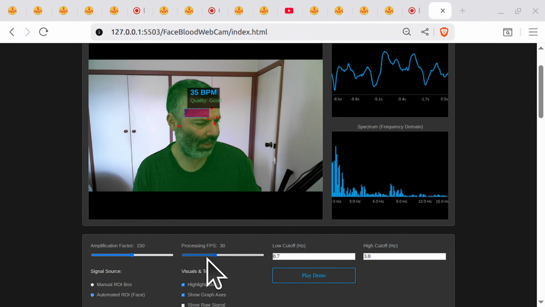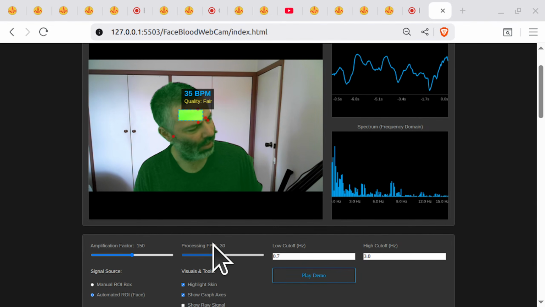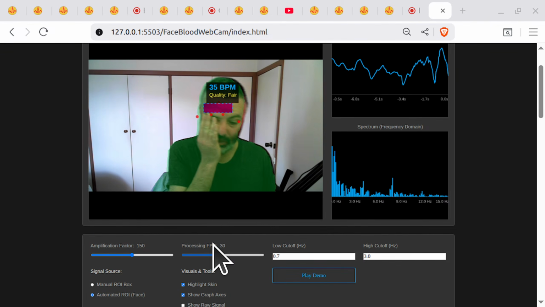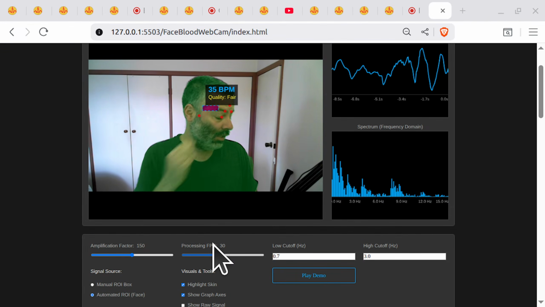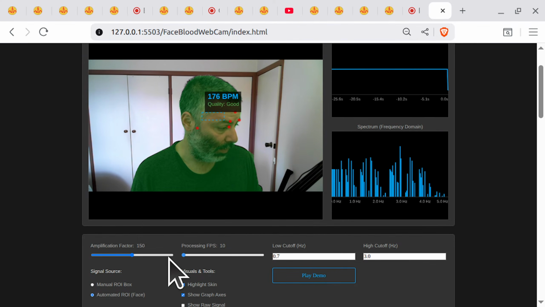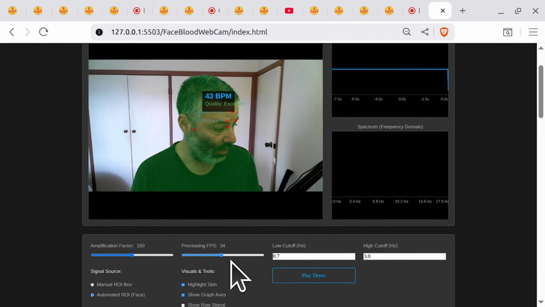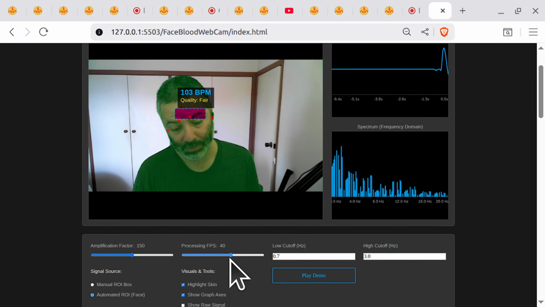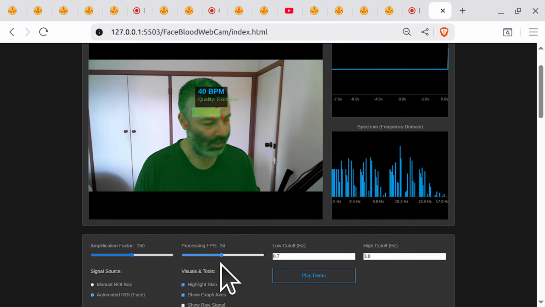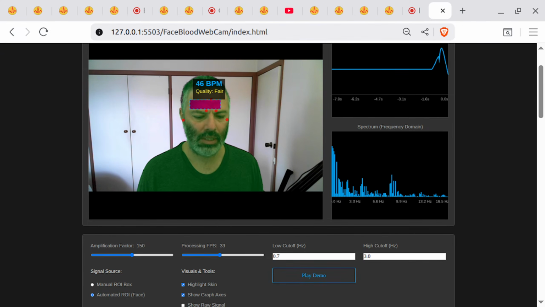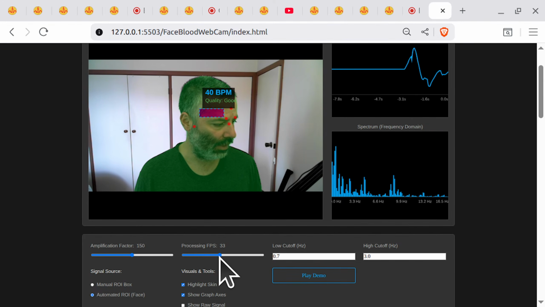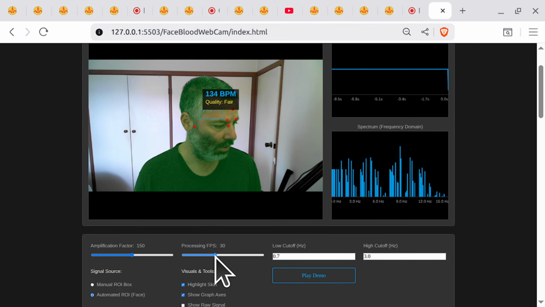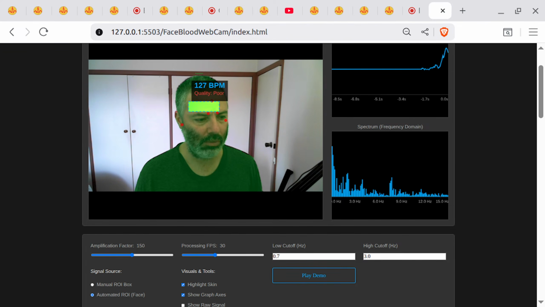I'm thinking getting rid of the FPS selection. Do we need it or not? Well, you might be on a different system. Yeah, because you might want to send it all the way down to 10, all the way up to 60, or might want to go 120 or something. My GPU could, but my camera wouldn't. So if you don't have bottlenecks,